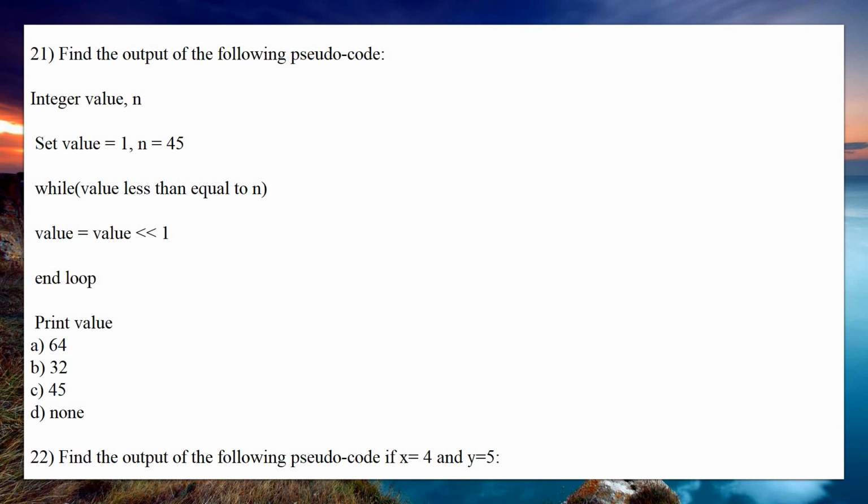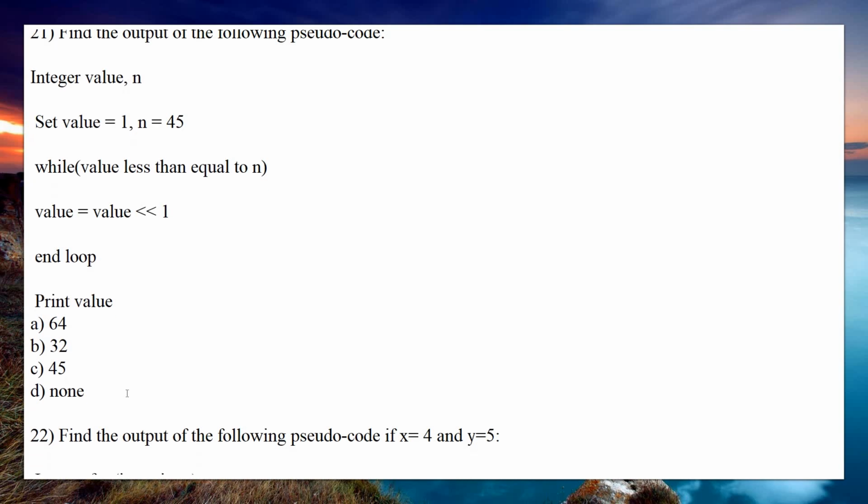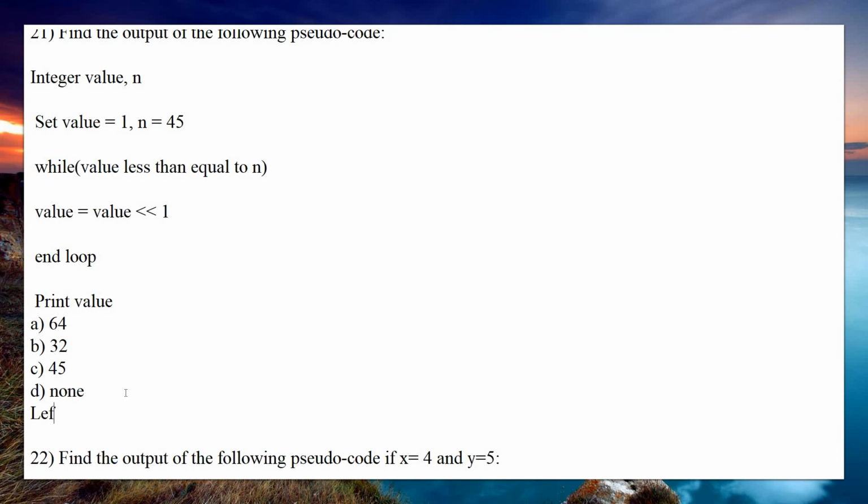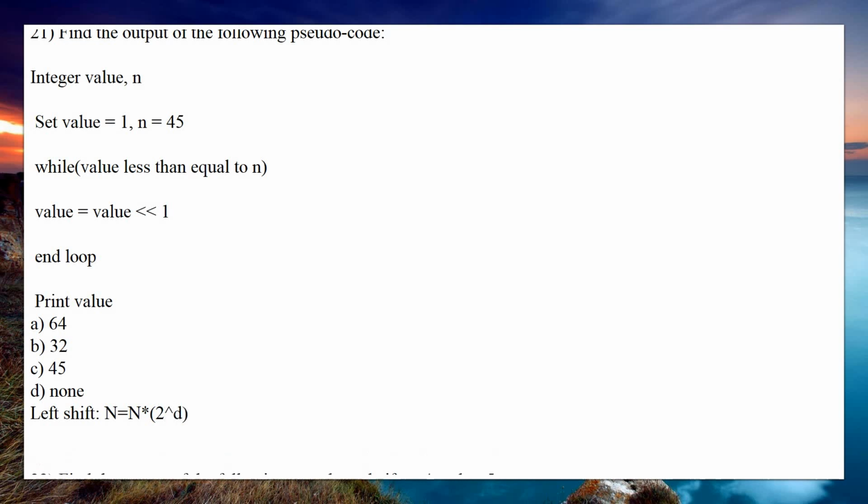First, here we have used a left shift operation. Instead of converting the element to binary, which is a lengthy process, we have a direct formula for calculating the left shift as well as the right shift. For the left shift, suppose n is the given element, then n is equal to n into 2 raised to d, where d is how many times the shift has to be performed. So 2 raised to d, this is for the left shift.